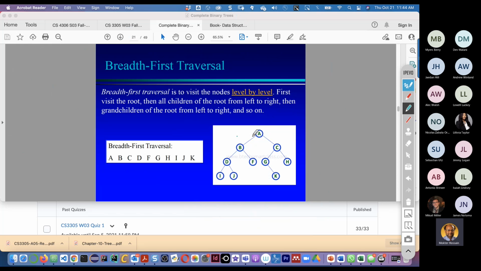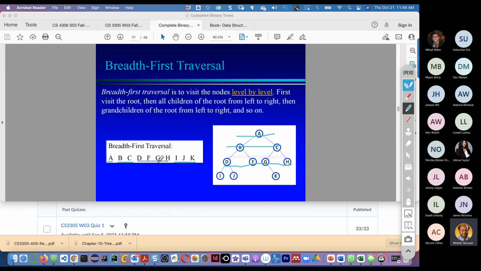So this is one level: complete level A, and then complete the next level, B and C. So A over here, B and C together, and D, F, G, H, this level. And I, J, K, this level.